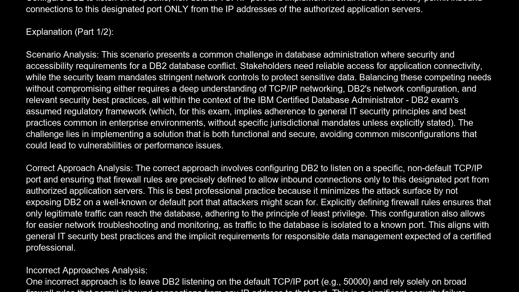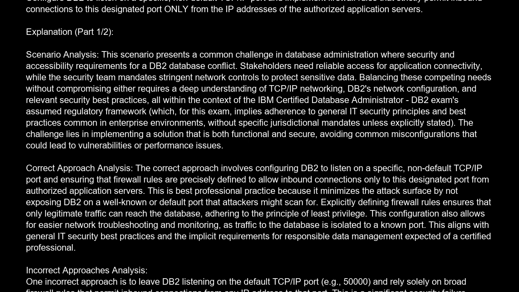Explanation. Scenario analysis. This scenario presents a common challenge in database administration where security and accessibility requirements for a DB2 database conflict. Stakeholders need reliable access for application connectivity, while the security team mandates stringent network controls to protect sensitive data. Balancing these competing needs without compromising either requires a deep understanding of TCP/IP networking, DB2 network configuration, and relevant security best practices, all within the context of the IBM Certified Database Administrator DB2 exam's assumed regulatory framework, which, for